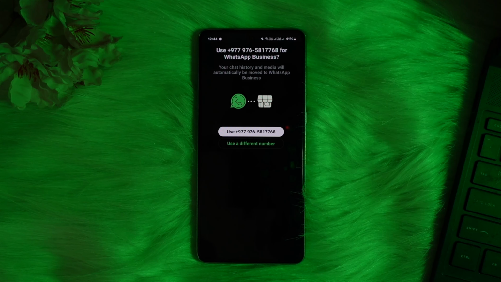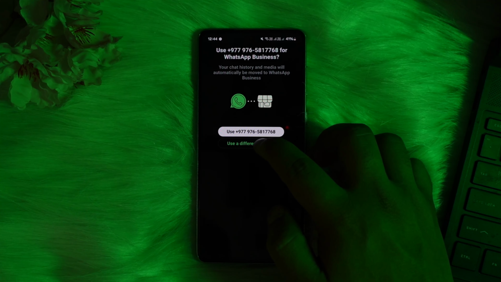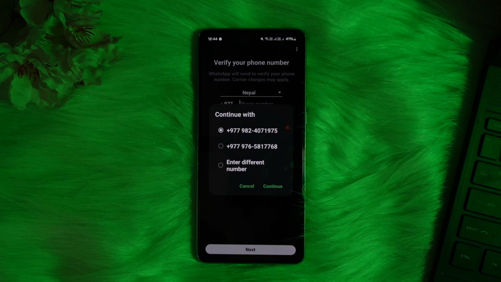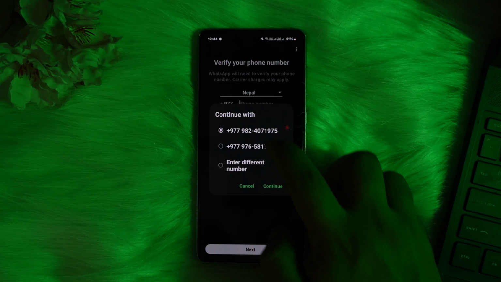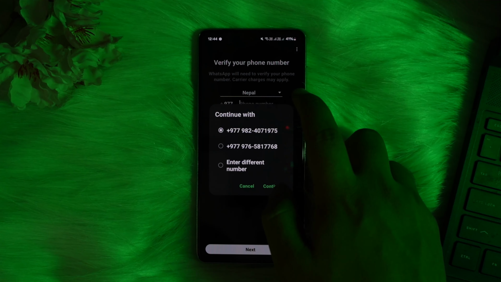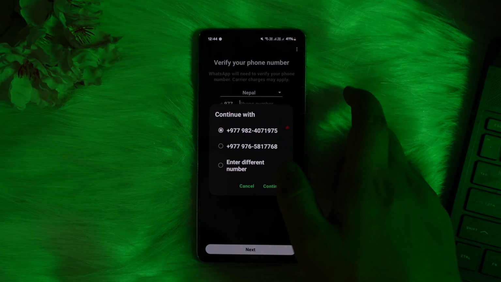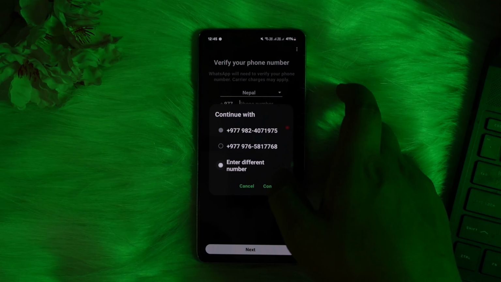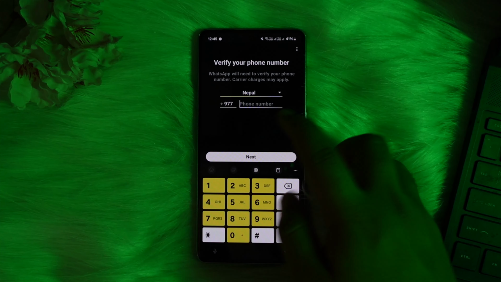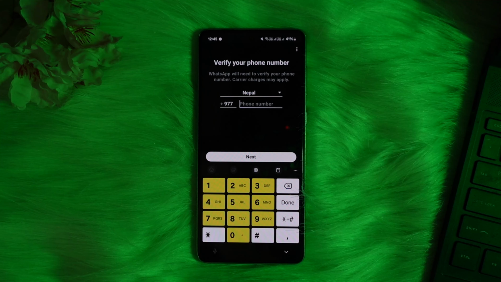However, if you want to use a new account, a different number, tap on use a different number. Now here, since I've already logged in once with a different number, you can either choose the number if it gives you the list, or tap on enter different number and tap on continue. Enter your phone number, tap on next. Then it will send a verification code. Once the verification is